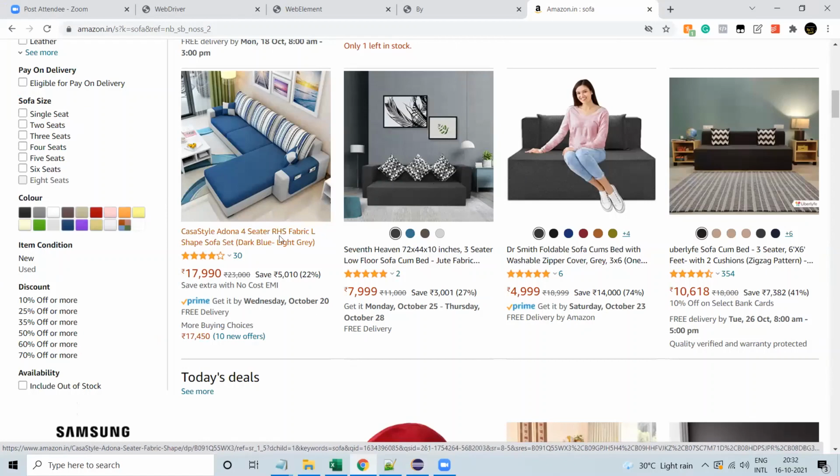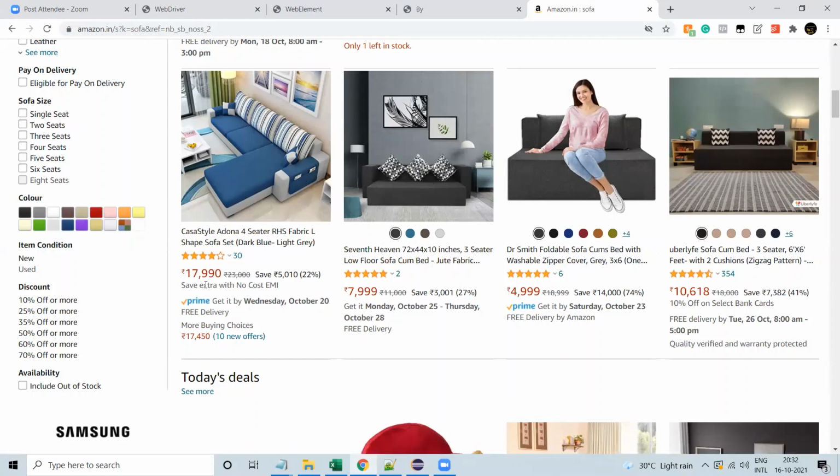So now we'll select any of the products from here and validate the price of the product. We'll select any product. It will navigate to the next page, so we have to switch to the next window, and validate the price of the particular product. So we'll do that. Now I just wanted to select these products, suppose.